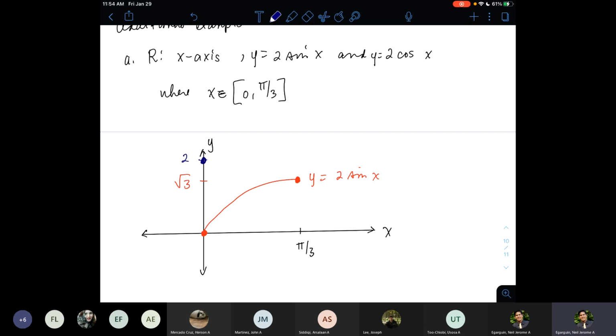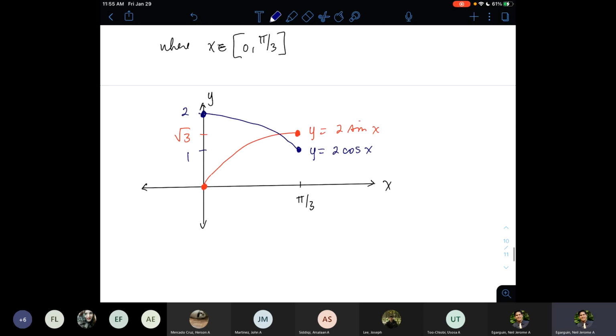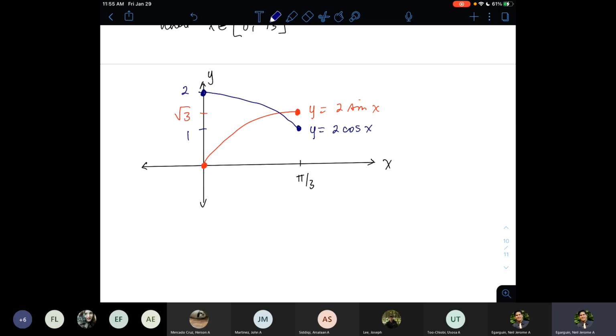And then what is cosine of pi/3? Cosine of pi over 3, isn't it equal to 1/2? Times 2, that will be 1, and 1 is over here. So I'll have this. So that would be y equals 2 cosine x, right? Is that right, Joseph? Yeah, cosine of pi over 3 is 1/2 times 2, so I get 1. So the shaded region is this,